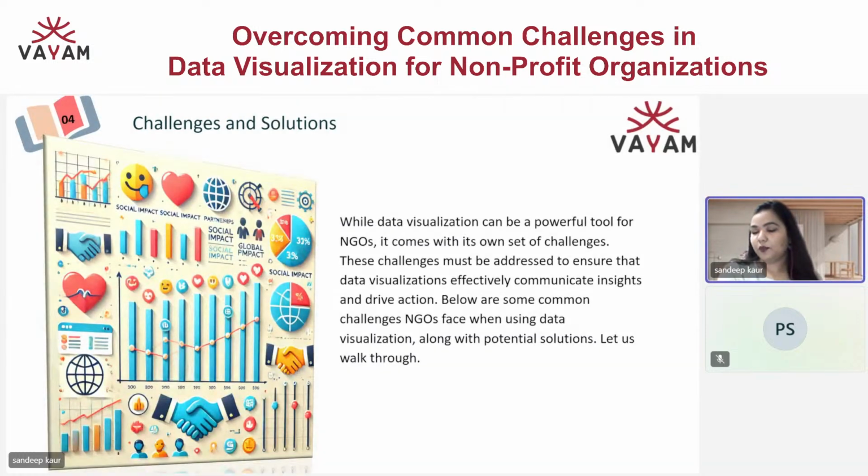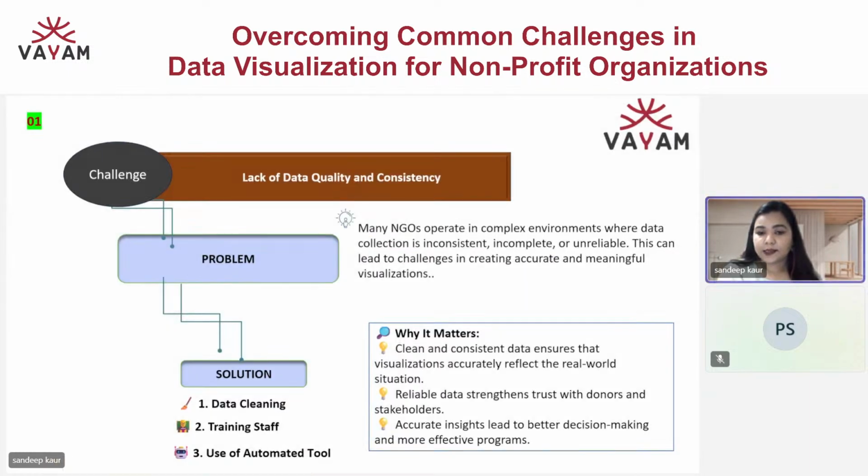Moving forward, this is a very important section, because with these digitalized and enhanced tools come challenges, and we have to propose the right solutions to make optimum use of the tools available. Like I said, one important challenge is the lack of data quality and consistency, because usually NGOs have a very inconsistent flow of data, incomplete and unreliable. Why am I saying unreliable? Because the data could come from people who are not completely accountable, or from any kind of sources, and it is absolutely raw.